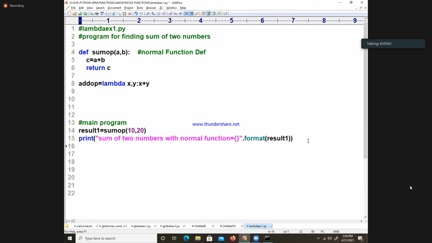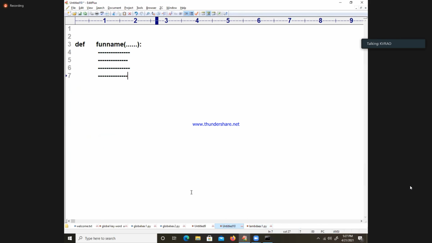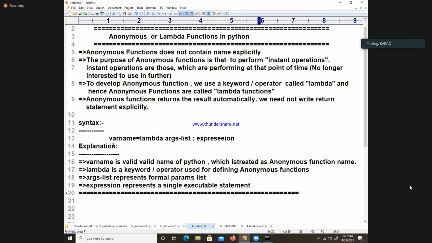Now I am writing directly. What is that? result2 is equal to variable name. Go to your concept. Variable name is a valid name of Python, which is treated as an anonymous function name.